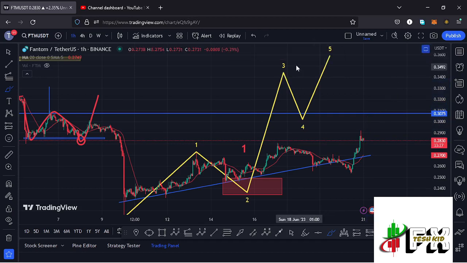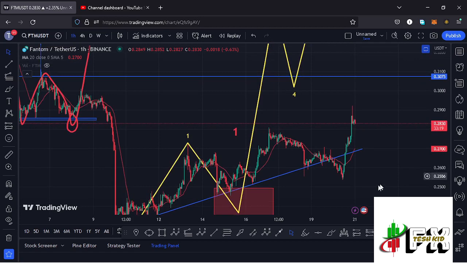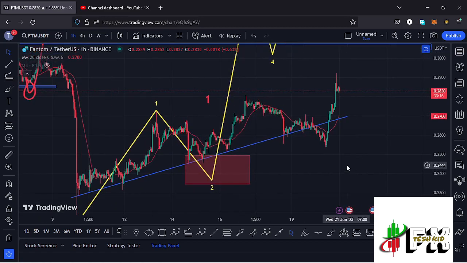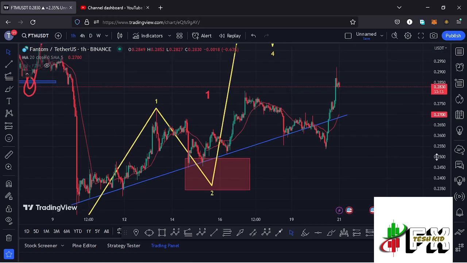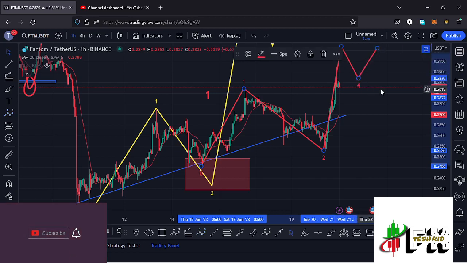Since we are in the formation of this wave 3, which is an impulsive wave, and because of its impulsive nature, we also expect to see a 5-wave move play out within the formation of that wave 3. I believe we are seeing such a move on the charts, where we can term this as the first wave, which is a micro Elliott wave count within that higher Elliott wave count 3. Then this is a corrective structure in the formation of this wave 2. Then whatever we have over here is an impulsive wave in the formation of that wave 3 before we can expect a wave 4, then continue gearing up in the formation of that wave 5 to the upside,